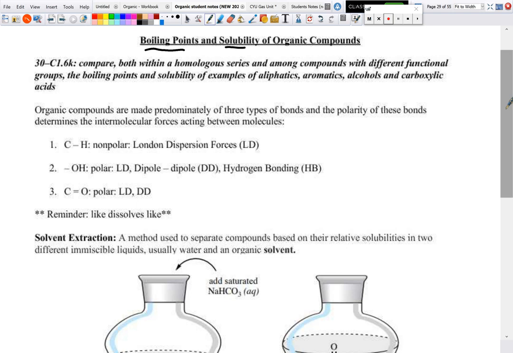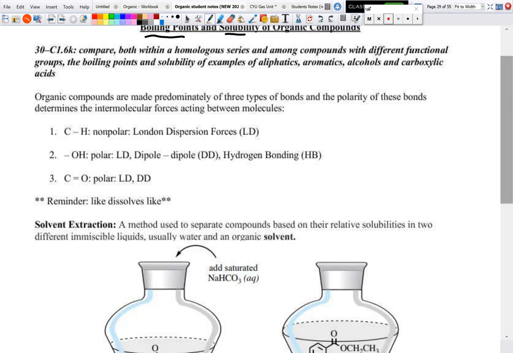So what we have right here is we know organic compounds are made of predominantly 3 different types of bonds, and then of course the polarity of these bonds determine the intermolecular forces. So this is going to call back to Chem 20, and we already looked at a little bit of this too when we did our first little introduction to organic. So you have to remember that our carbon to hydrogen bonds are always going to be nonpolar. So if you have an alkane, alkene, alkyne, or even our aromatic, they only contain carbon and hydrogen bonds, so